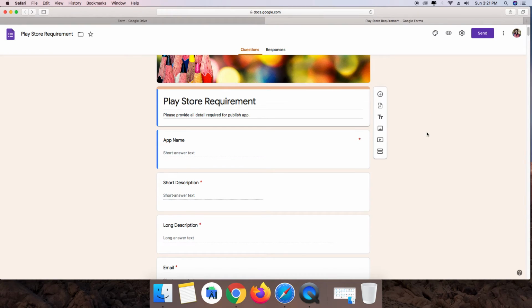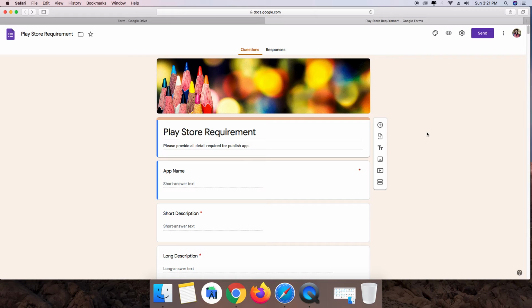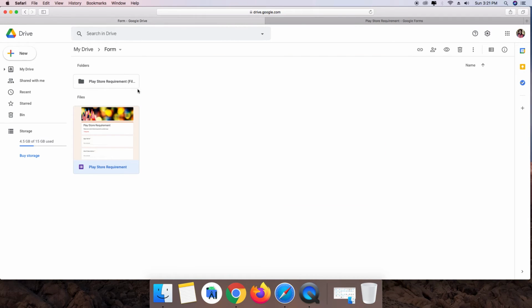Now if users are responding to your form, I will show you how that data will be displayed and where the images selected in this form are stored. Here you can see the Play Store requirement directory or folder.